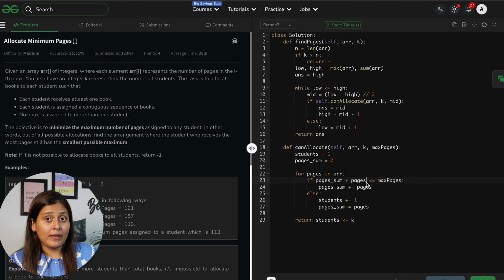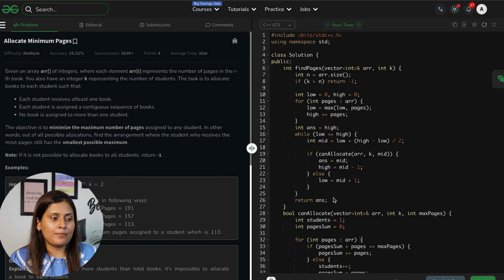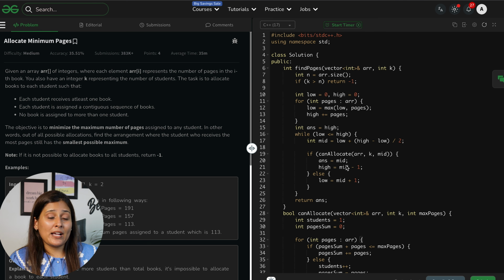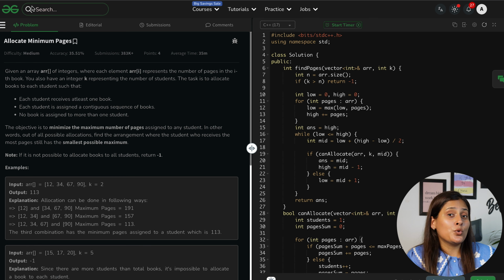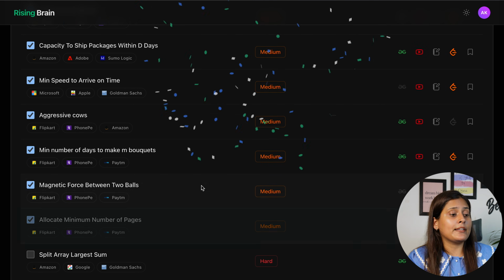If you are from a Python background, all the logic is the same, only the language differs, and here is your C++ solution if you are from a C++ background. I hope you understood this and learned how to recognize what the lower value and the higher value will be. I also recommend you all to hit and try. Initially you have to do that, and only in that way can you decide what the lower and higher value will be, and with experience from solving multiple questions you will get to know what to choose for the lower and higher value. So with this we can go to the sheet and mark the next question,